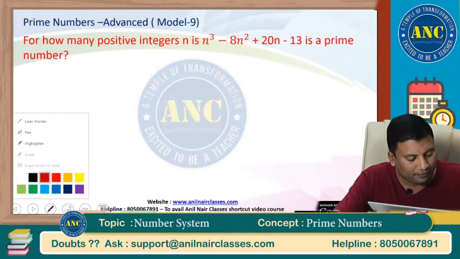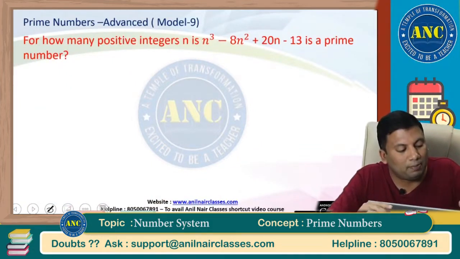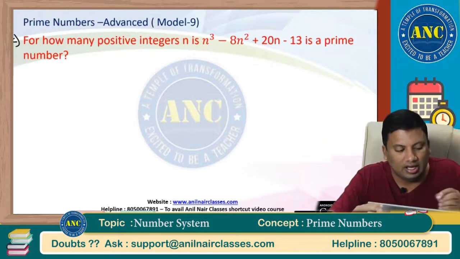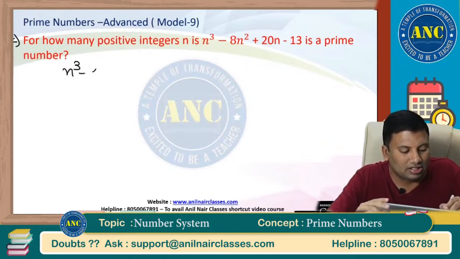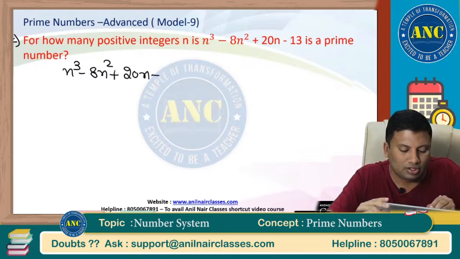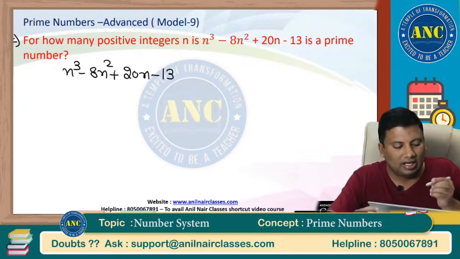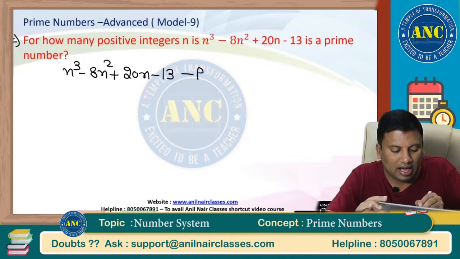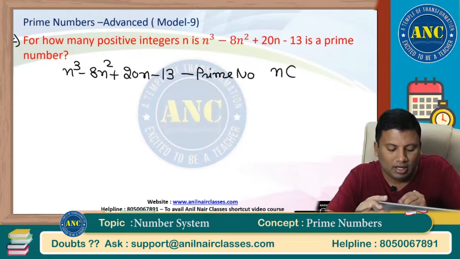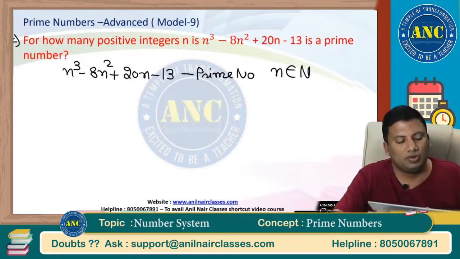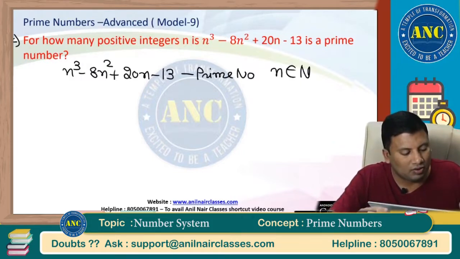Next one. For how many positive integers is the cubic expression n cube minus 8n square plus 20n minus 13 a prime number? This has to be a prime number. How many natural number values will n take? Now, if you see here,